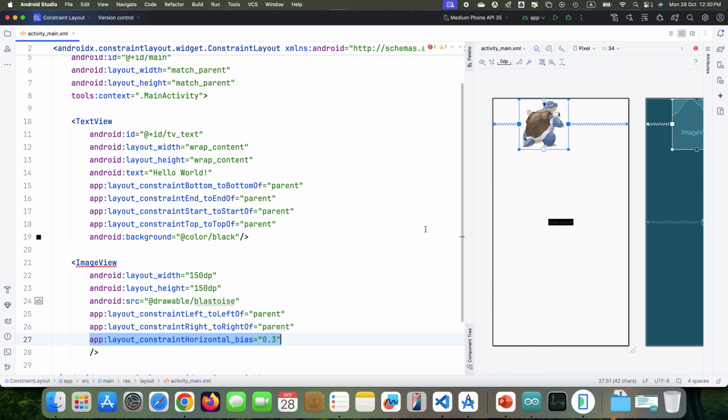If I don't apply this, they are both pulling at the same strength and it will be centered. But when I put a bias here,